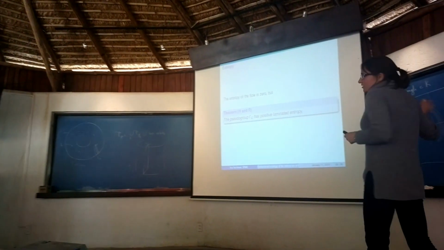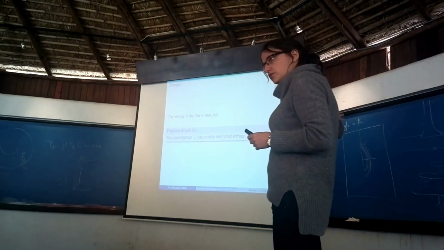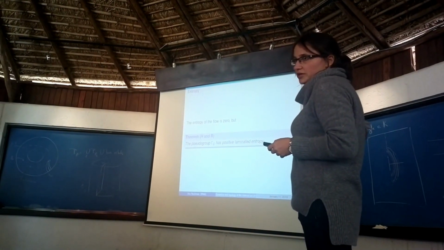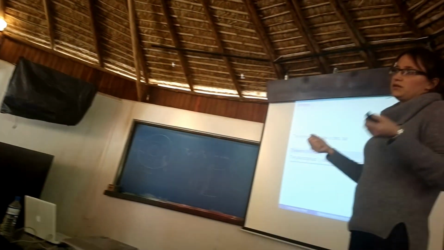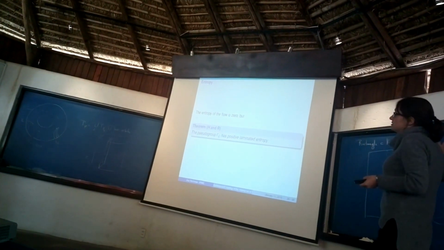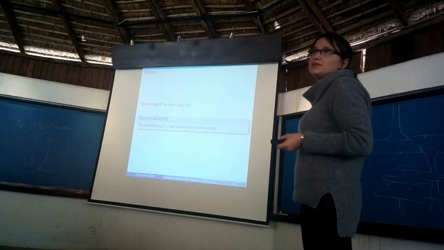But the lamination entropy of this thing is positive. How is that defined? That's defined by the pseudogroup. You take a pseudogroup, you fix a generating set, and then you see the words of length n that are separating points, and then you do exactly the same as with the flow, but with n, the length of the word. And so this pseudogroup has positive entropy. This can be seen as